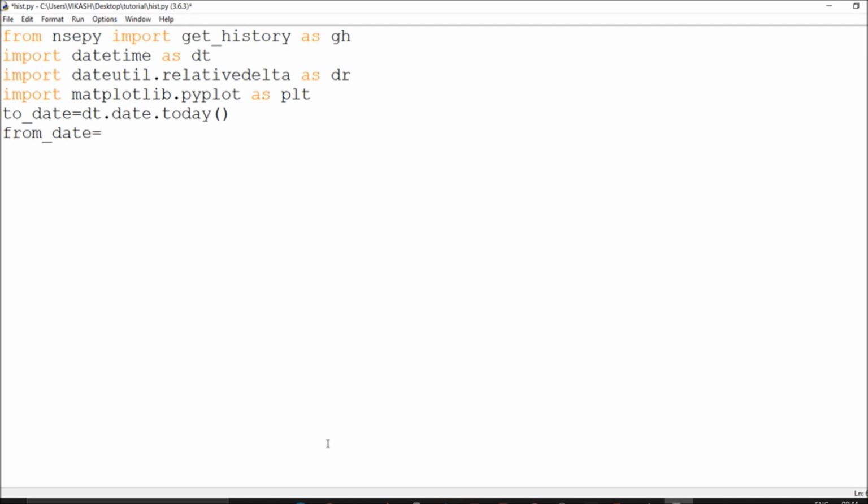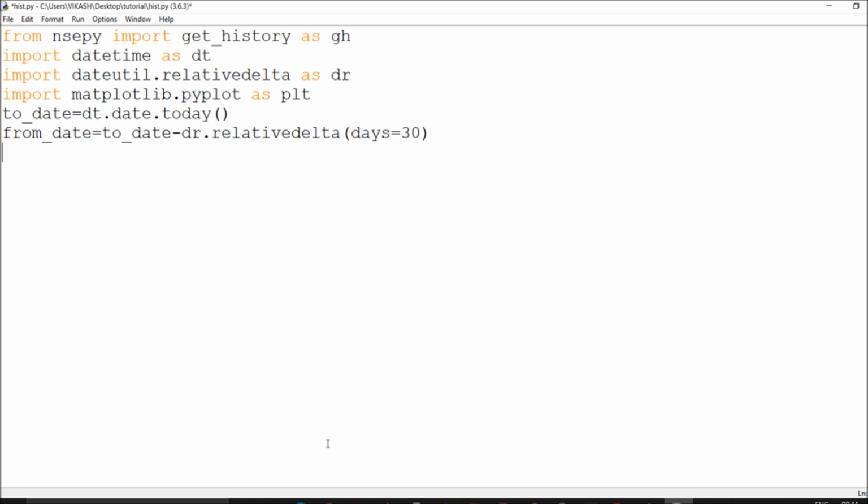We will say from_date is to_date minus dr, which is dateutil.relativedelta, and we will say the same. This is the format you need to follow. And you have to talk about days, so days equals 30, or a month.